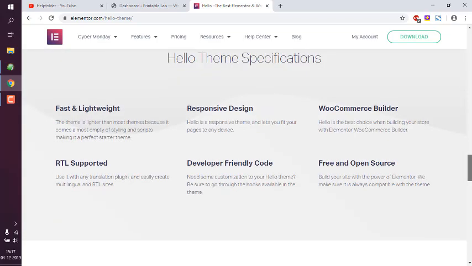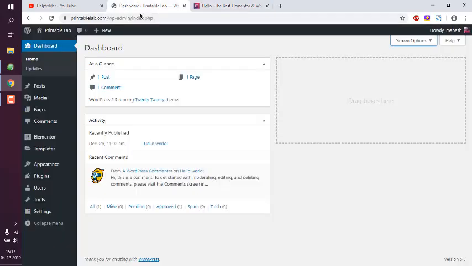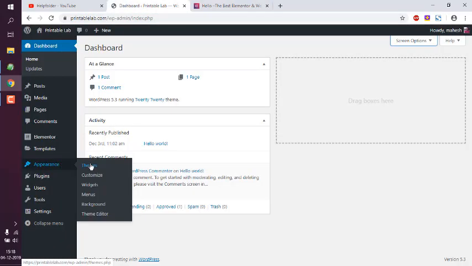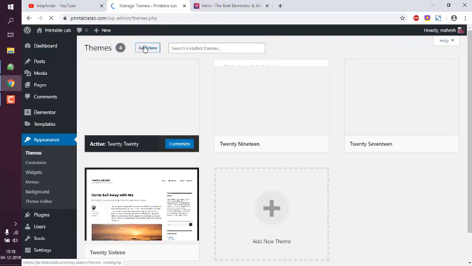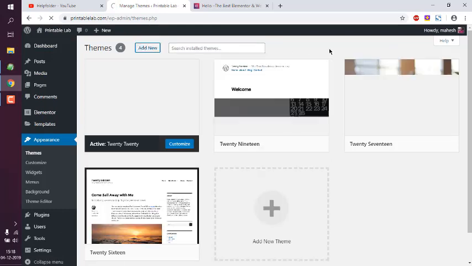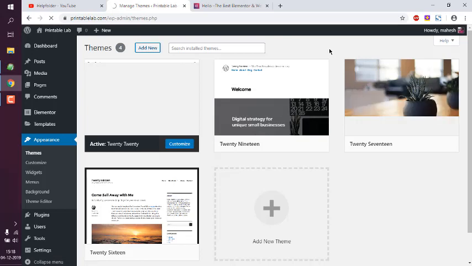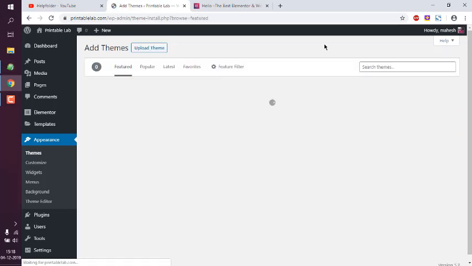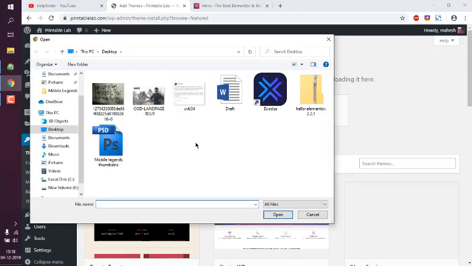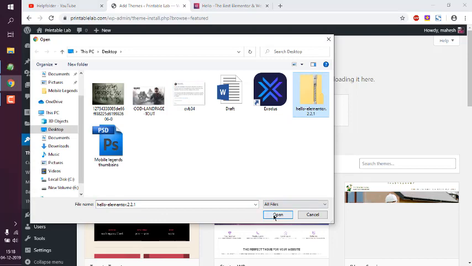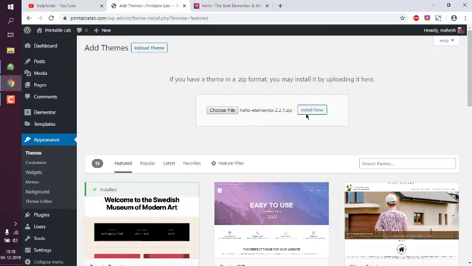Okay, so the next thing would be to go to your dashboard, then Appearance, Themes. Here you can click on Add New. Okay, so that should allow you to upload a new theme. Click on Choose File, then choose the Hello Elementor theme. Click on Install Now. So it should